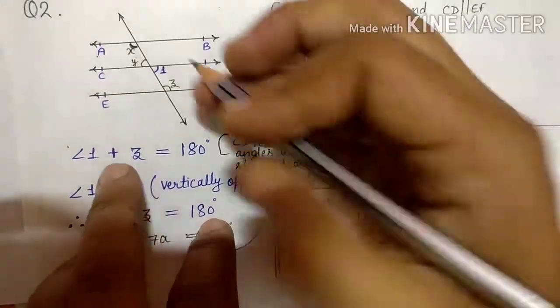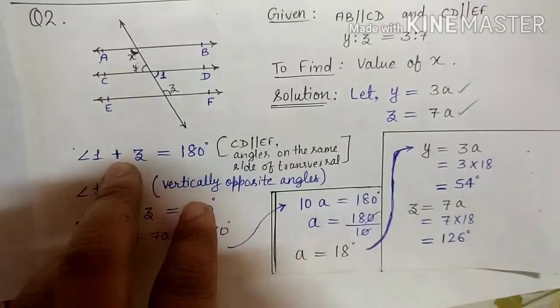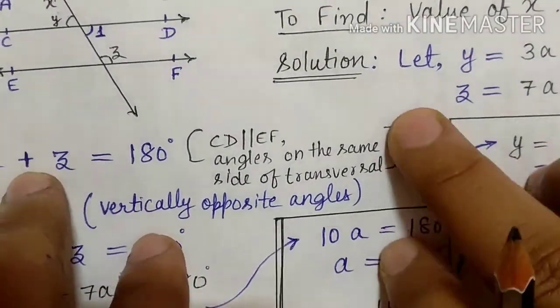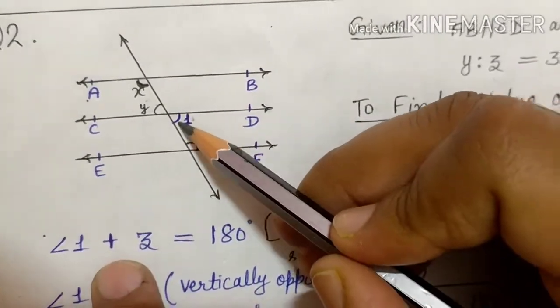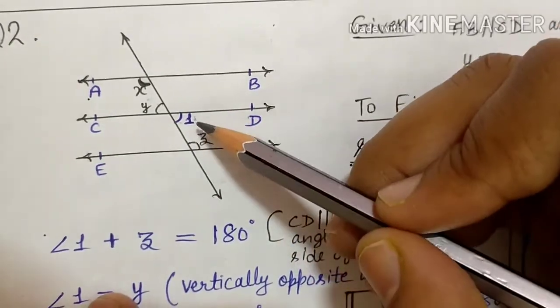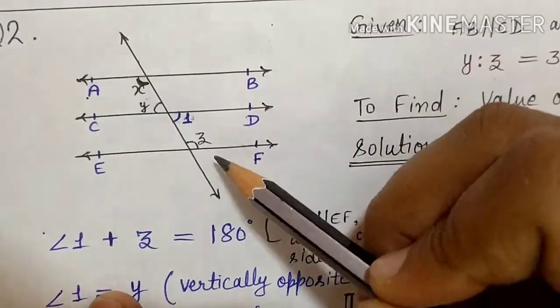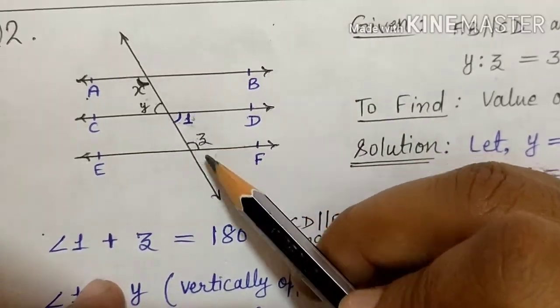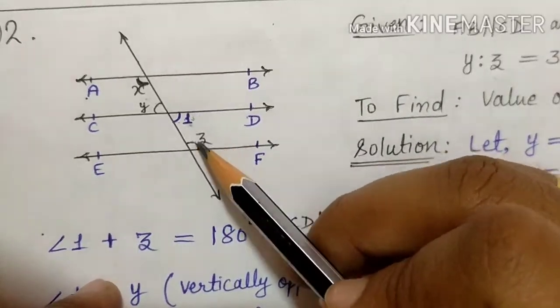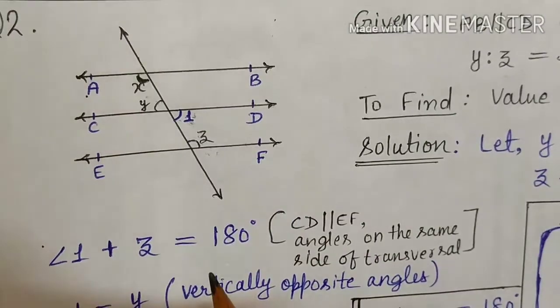Just check here. We have written here angle 1. Okay, we have assumed this is angle 1. Now if you check, you find that 1 plus z equals to how much? 180 degree. Why? Because they are making which angles? Sum of interior angles, or you can say angles which come on the same